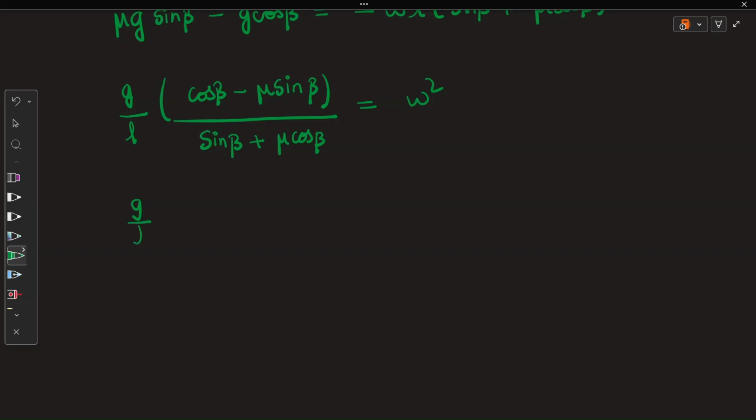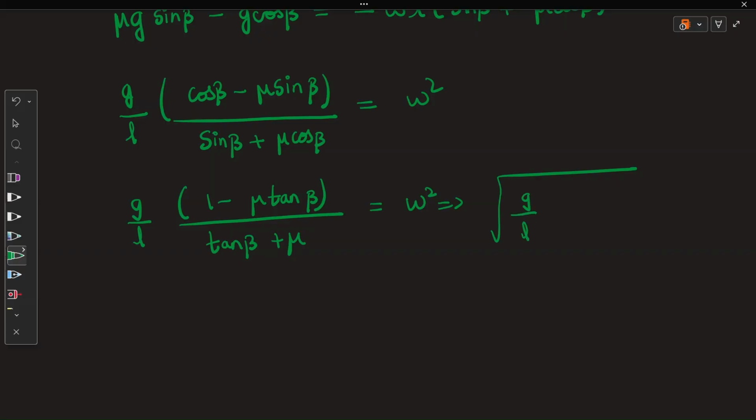So what I get is g by L into 1 minus mu tan beta, whole divided by tan beta plus mu. This works, right? Equal to omega square. Upon taking the square root, what I get is under root g by L into 1 minus mu tan beta whole divided by mu plus tan beta,